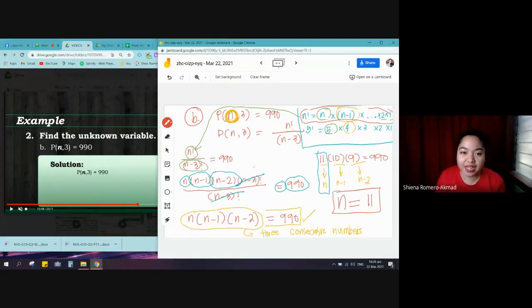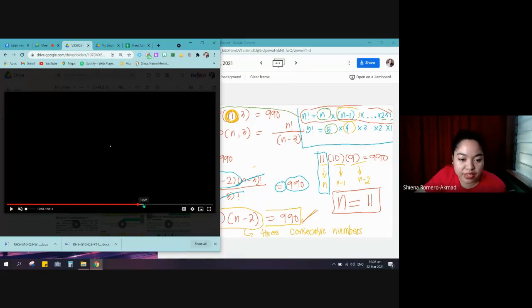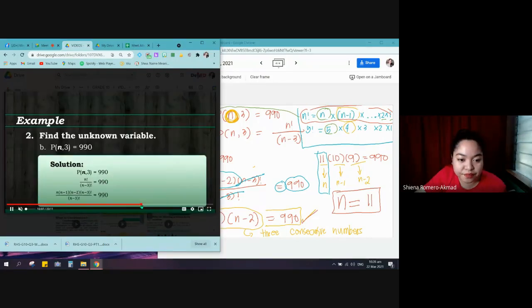Okay? So, kapag n ang hinahanap, automatic yan, express na natin siya sa ganito para makancel natin yung denominator. Pag na-cancel mo na yung denominator, ang next step mo na lang ay mag-iisip ka ng number that will satisfy the given value. Okay? So, ganun lang. Next, letter C.